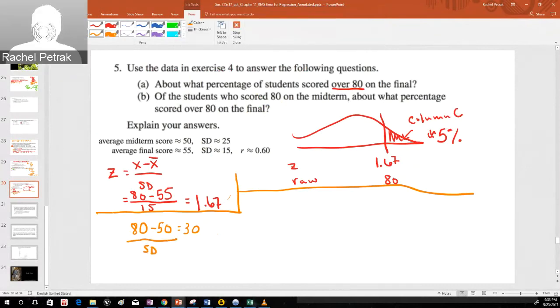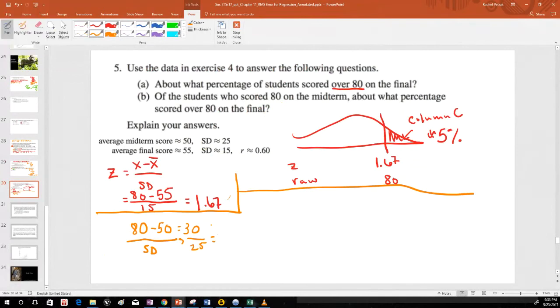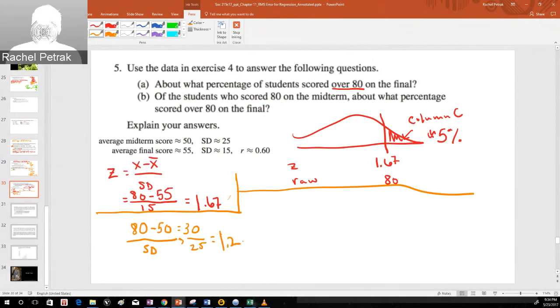And the standard deviation, you should be able to see that. So we've got then 30 over 25, and I forgot to write that down earlier. 30 over 25, it's 1.2. So we're 1.2 standard deviations above the mean,